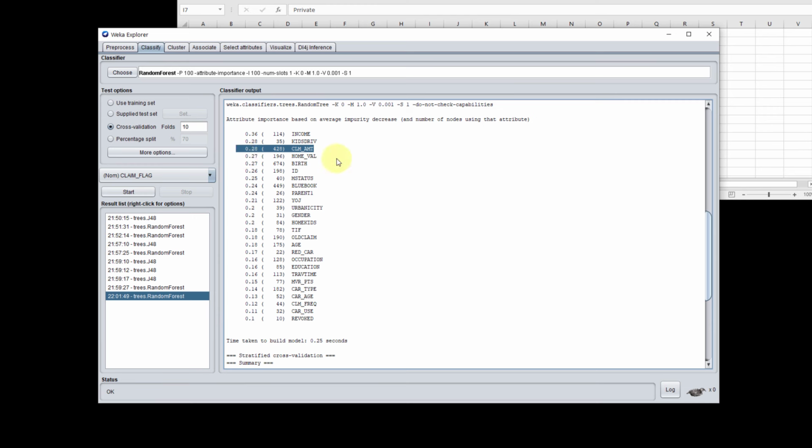The claim amount, and I have a suspicion also that the claim amount has a leak to the class. Why? Because if you claimed anything before, obviously that means you were involved in an accident. Although it's not correlated directly in the dataset, I think it gives some hint. Another thing, how much is the home value and things like this. All right, so